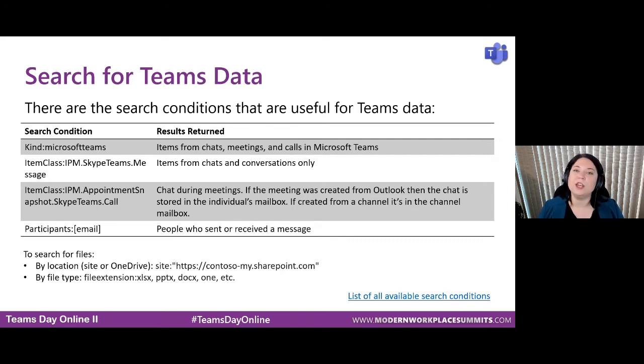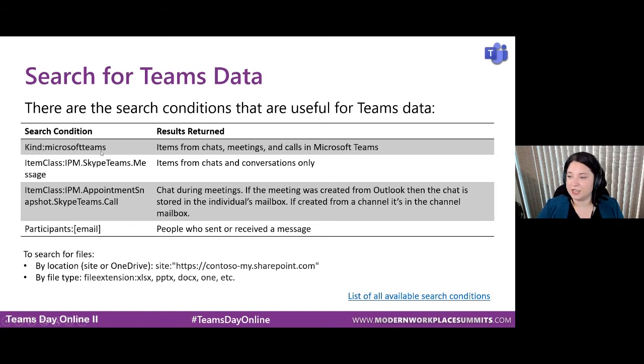Or they might want you to get more specific. In the case of that internal investigation I mentioned where someone was being bullied in chat, we wanted to get as specific as possible so we didn't have to manually review a bunch of content. To do that, there are really two types of search queries, or search properties, that you can use. One would be typing into the keyword area